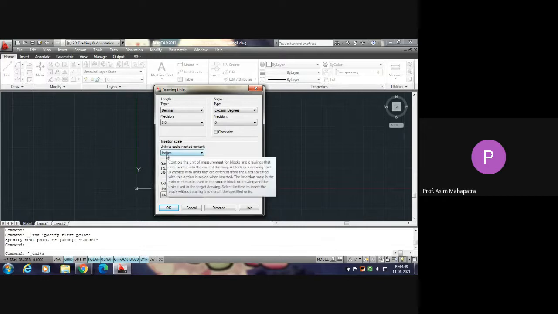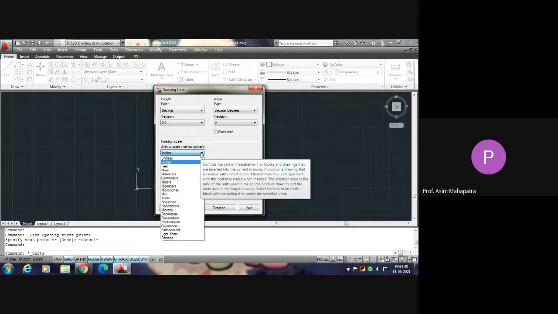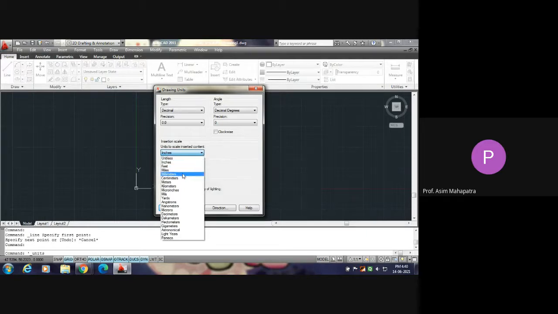You can change the unit. Here inches has been set as default. Better you make it millimeter or centimeter, maybe millimeter. Sample output has been shown, 3.0 less than 45.0. So that way 1 digit after the decimal will be taken.